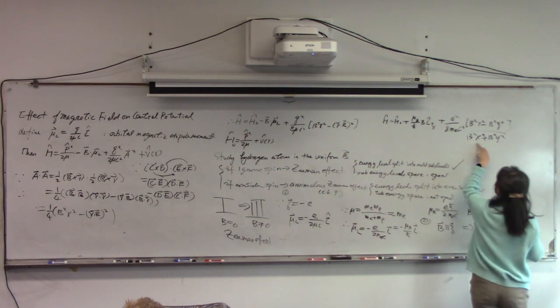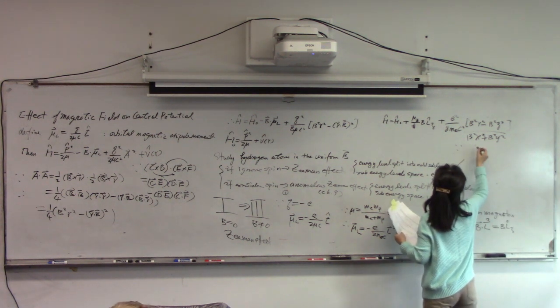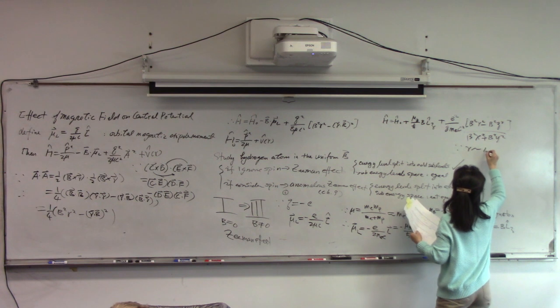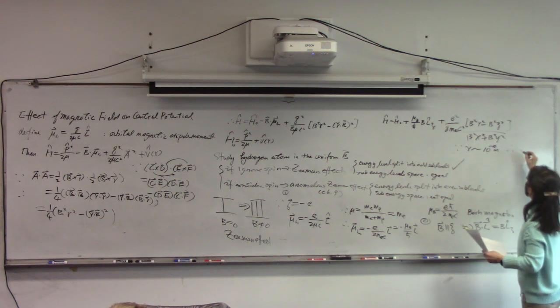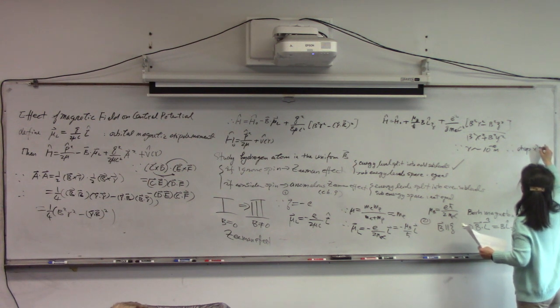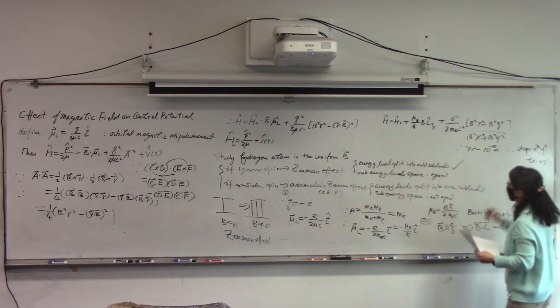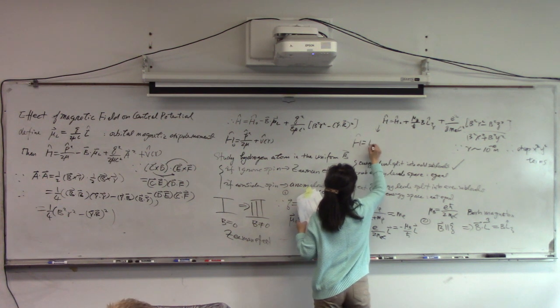So this term has become this, and now we are going to say that because the R is 10 to the minus 10 meter, right? Because of the atomic radius. So we can drop this one. We are going to drop this term, and the terms result with this. So finally, what we are going to deal with is